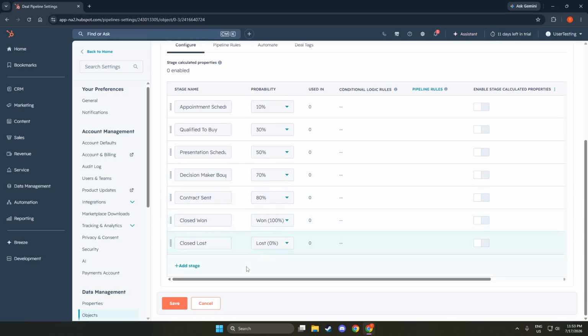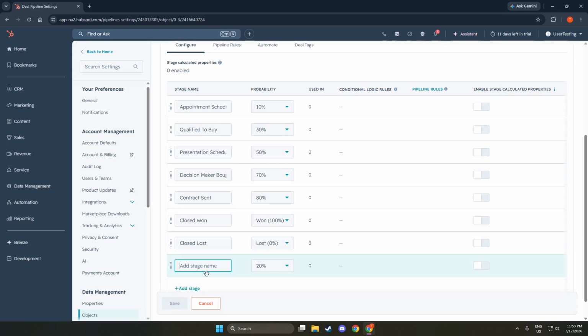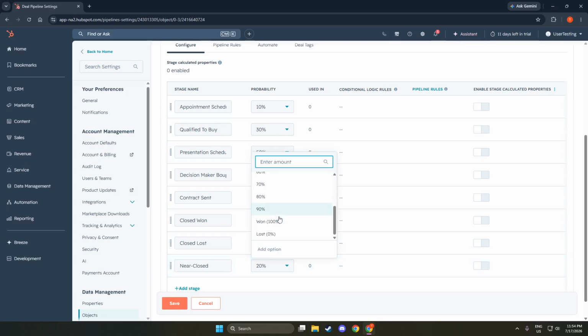By assigning a probability percentage to each stage, you can better forecast your sales and understand the likelihood of closing deals at each stage. For example, you might set the negotiation stage at 70%. This little step saves you a lot of time later by providing insights into your sales funnel and helping you